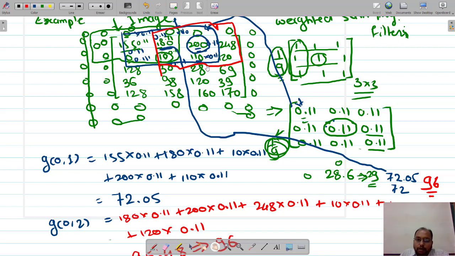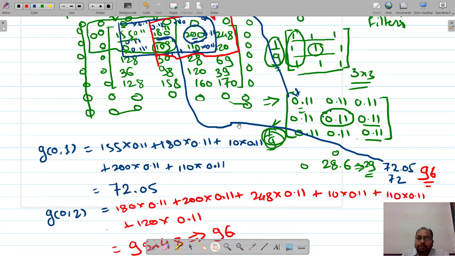So remember that over here the high frequency, or let us say the high gray level intensity pixels, have been converted to low gray level intensities. Okay, so that is nothing but low pass filtering. It is going to block the high gray level intensities. So it is simply blocking the high gray level values. Okay, fine. So that is nothing but low pass filtering. Are you getting it? Now let us perform over here for this 248.